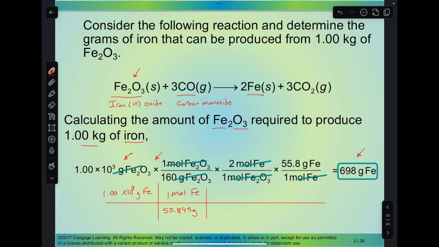But now we're going to use the conversion. So we're in moles of iron, so we can consider this moles of iron when we are considering how much iron oxide was used up. So we'll say that 2 Fe for every 1 Fe2O3. And so you could say moles, molecules, whatever you'd like, as long as we're using equivalent units. So 2 moles of iron to 1 mole of iron oxide,